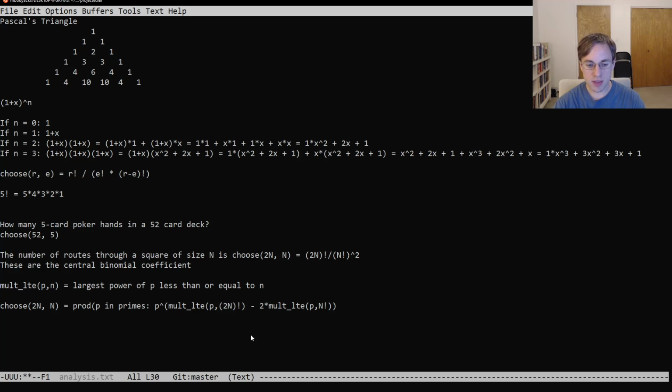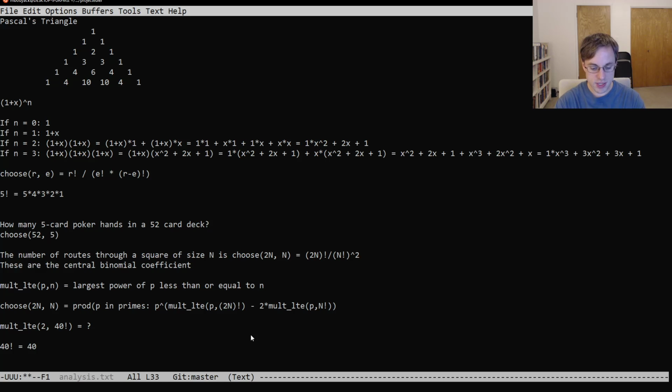Okay, so let's suppose we're trying to evaluate mult LTE 2 comma 40 factorial. And so recall that this is just asking how many times does 2 divide into 40 factorial. That is, what power of 2 will divide 40 factorial evenly. Well, the first observation we can make is that every even number is divisible by 2. And so, 40 factorial is going to be